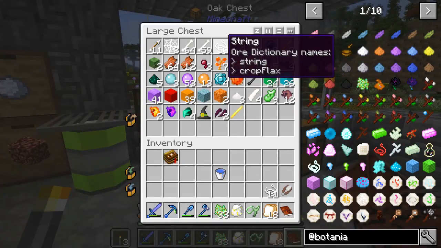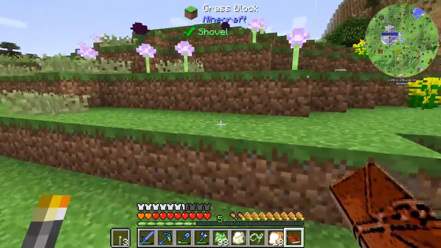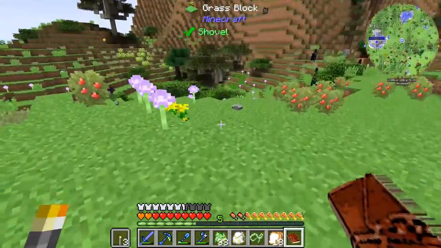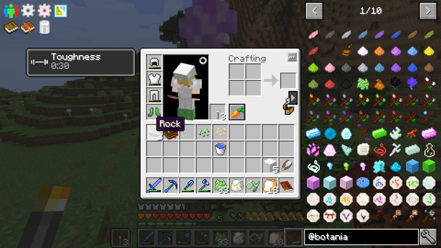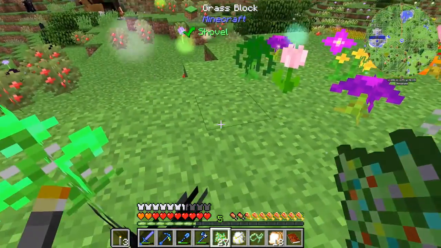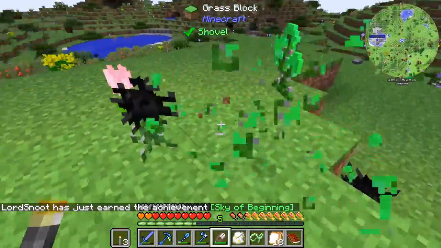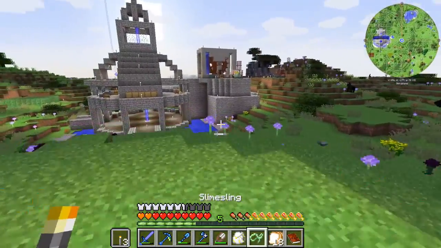Or at least we'll get the bits ready for one of those. And we'll go and find a nice clear area, like so, for our flowers to pop up on. So if I place this down now, there we go. Get the shears. We are a flower child. So we can now gather all of the flowers, but what we'll do is we'll go and make that pouch,